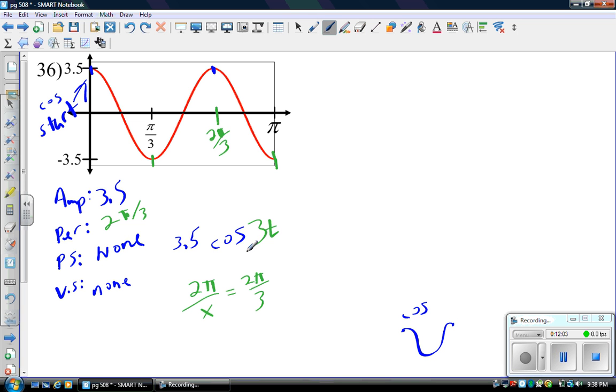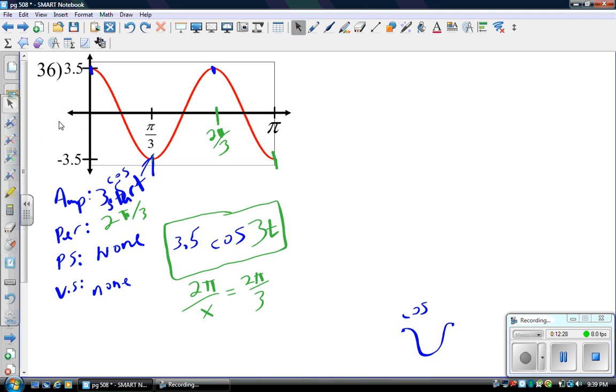Now that's not the only way to write an accurate cosine machine. Don't worry about writing multiple ones, but I just want to show you what else you could do. I could have said, oh, the cosine is starting right here instead, this green start, instead of that blue start. If I had picked that right there as my cosine start, then, well, let's think what this would look like,